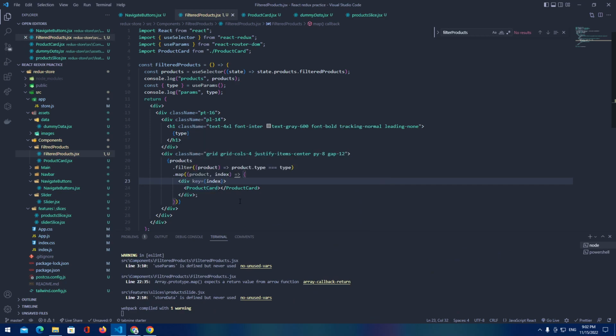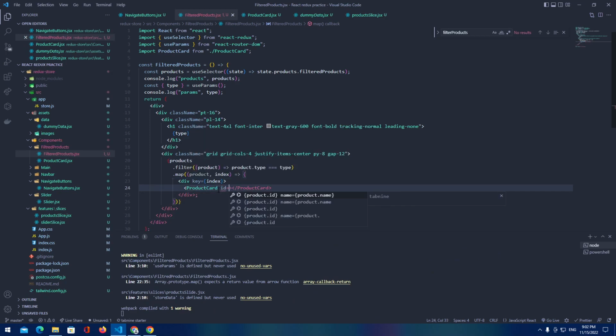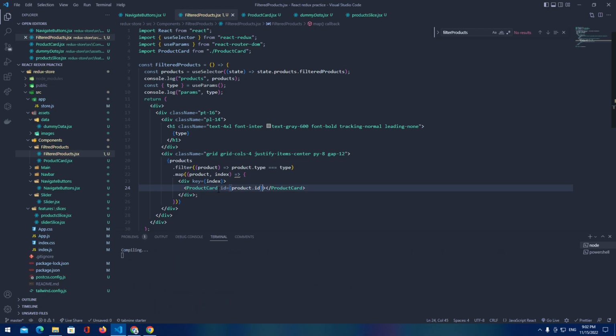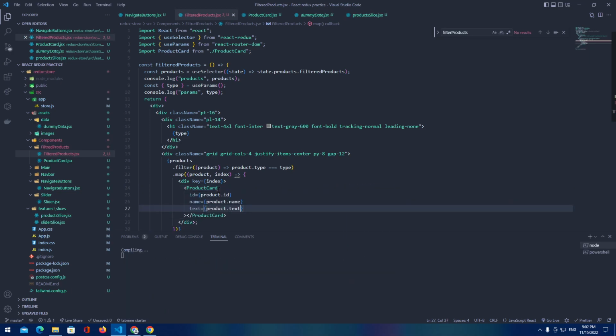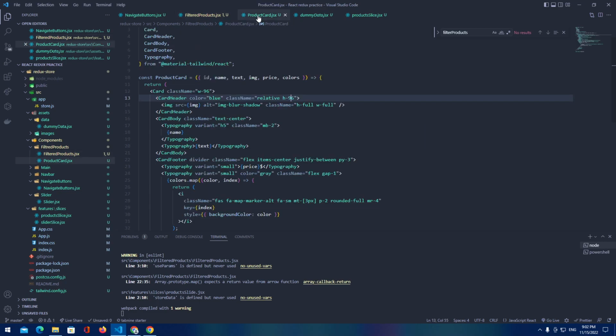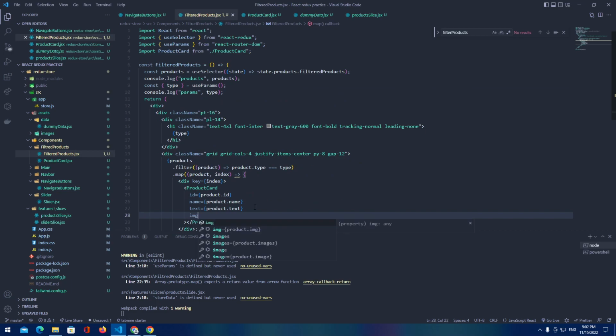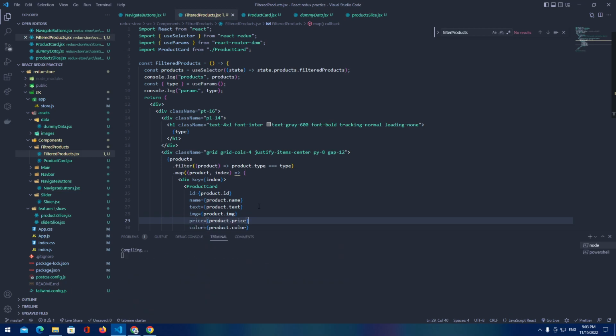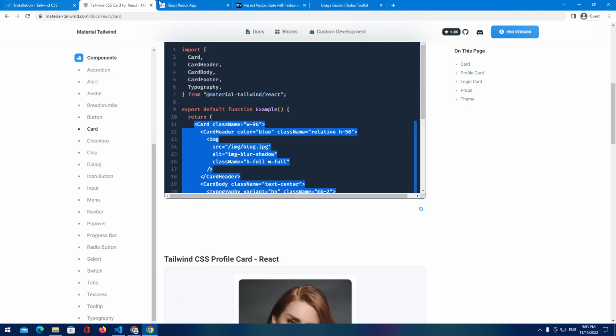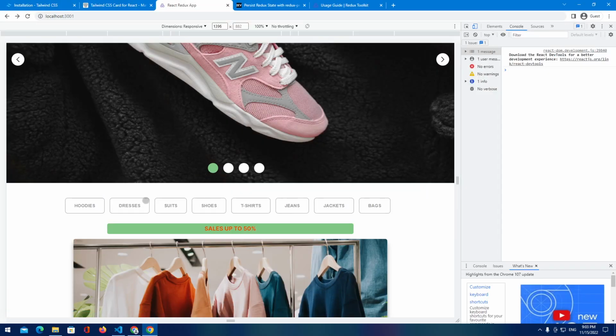It can be product.id or index, and here we can add id, product.id, name, product.name, text, product.text. If you're wondering what are those id, name, and text, those are the properties that we provided here. And let's add image, product image, colors, product.color, and size, no, price, product.price. And let's see what are we getting right now. If we click on